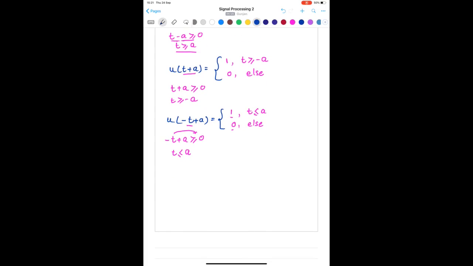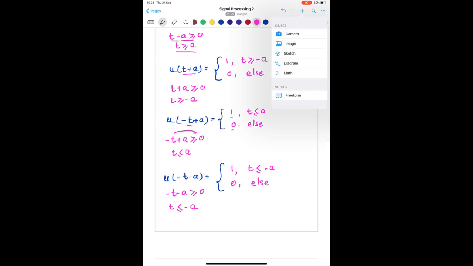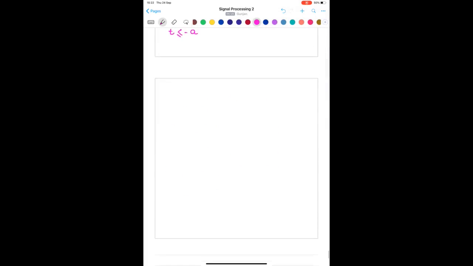Now if we have a signal like this, minus t minus a greater than or equal to 0, or you can say t is less than or equal to minus a. So you can say it's 1 for t less than or equal to minus a, and 0 else. So now if we want to sketch all of them,